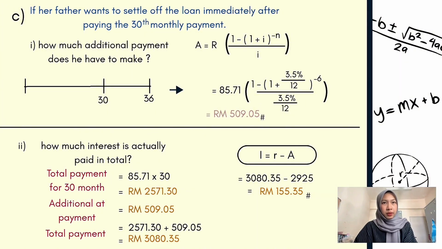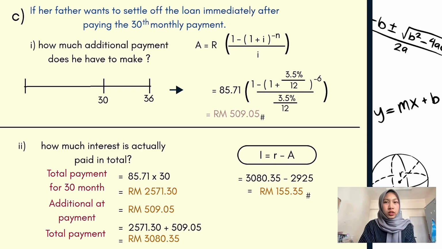So for question C, if her father wants to settle off the loan immediately after paying the 30th monthly payment, for Roman one, how much additional payment does he have to make? So we use formula A equals R in bracket 1 minus in bracket 1 plus I to the power of negative n, divided by I. So R is 85.71 cent in bracket 1 minus in bracket 1 plus 3.5% divided by 12 to the power of negative 6. So the answer has to be divided by 3.5% divided by 12, and we get the answer is RM 506 ringgit